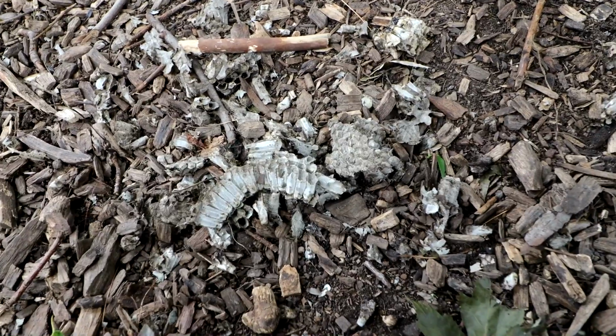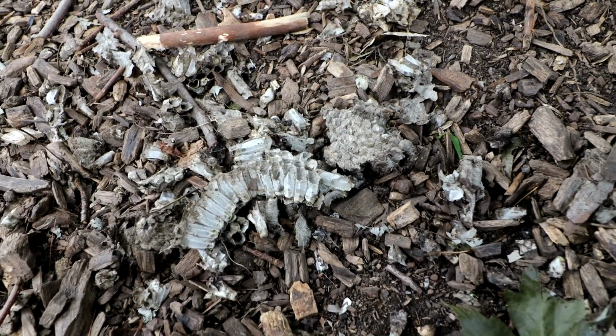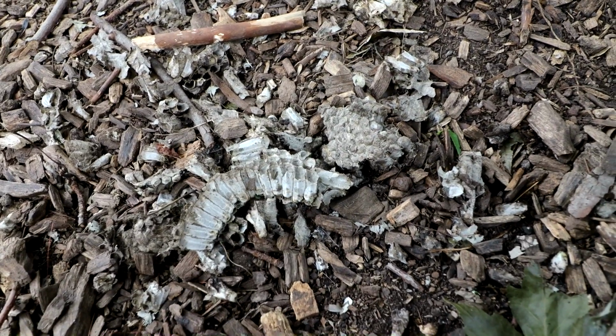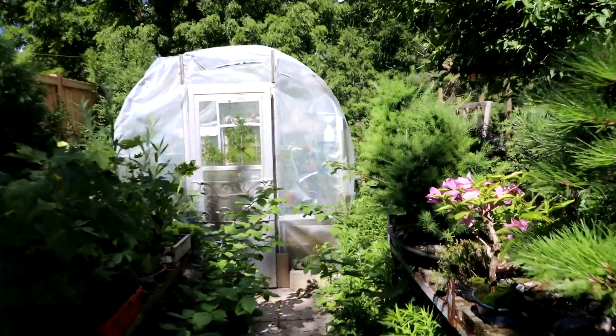And she noticed in the pathway there was some crumbled up bits of wasps' nests. I can't say wasp's nest. I can't say it. Before we get started on today's